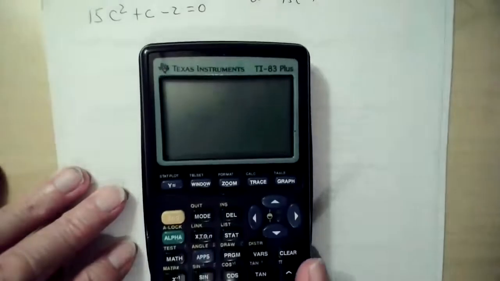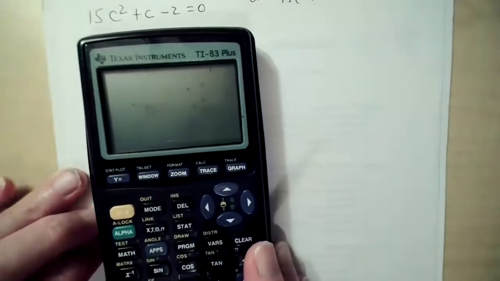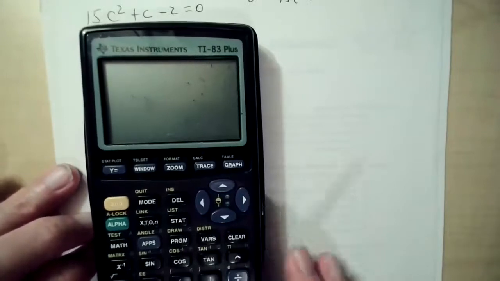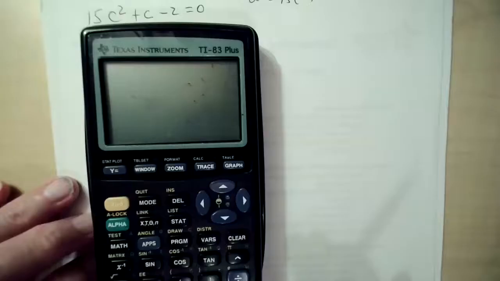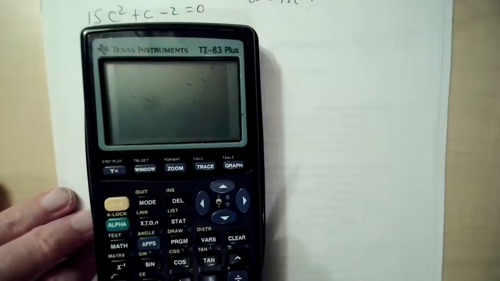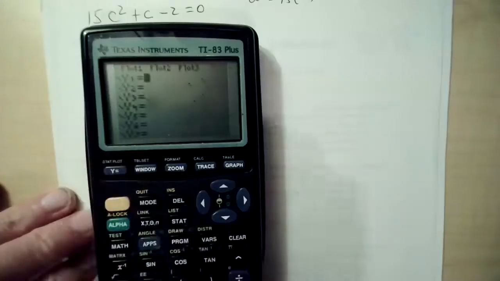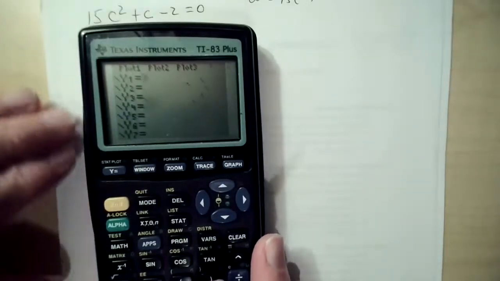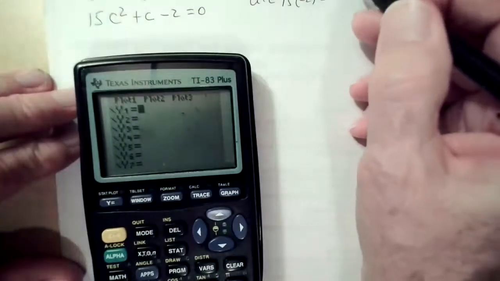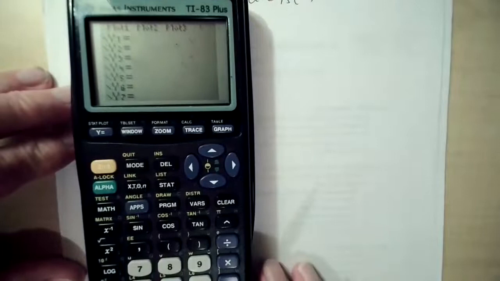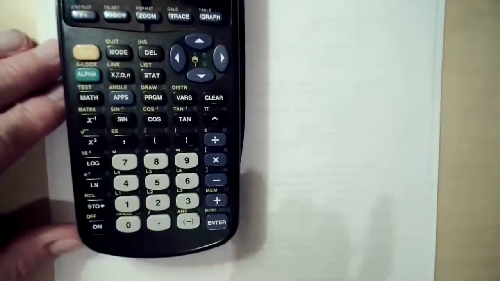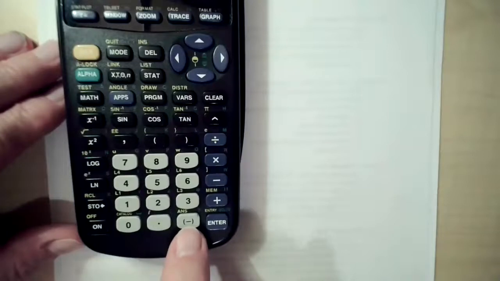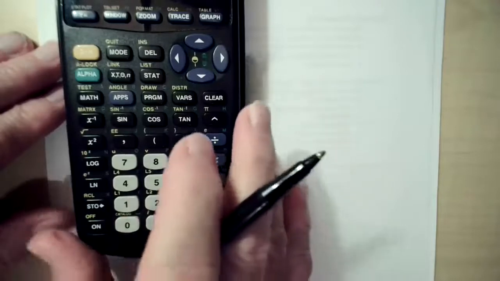Let's do it on the calculator. It's not that we can't do it in our heads, but let's get used to using this, because on the final exam, you're going to get some really big numbers. And it's going to be handy to have. The first thing we do is we go to y equals. If there's anything in there, clear it out. Can you all see that? Okay. So we want to put in negative 30. And remember, the negative key is this one down here, not the subtract key. So we have negative 30